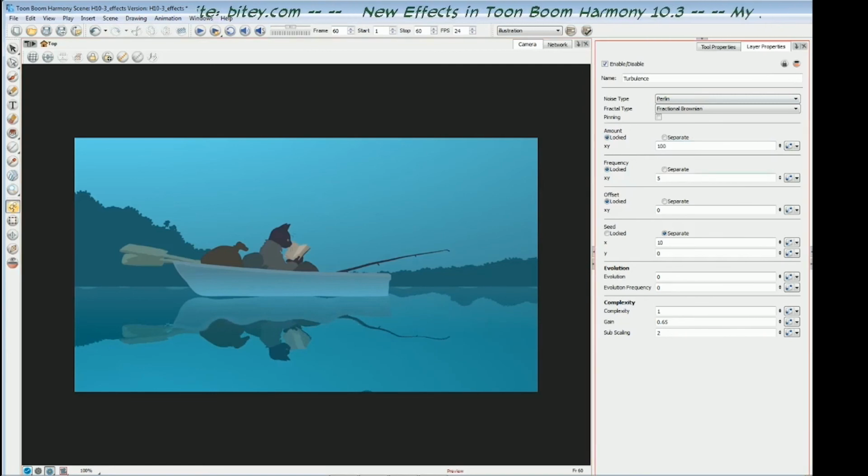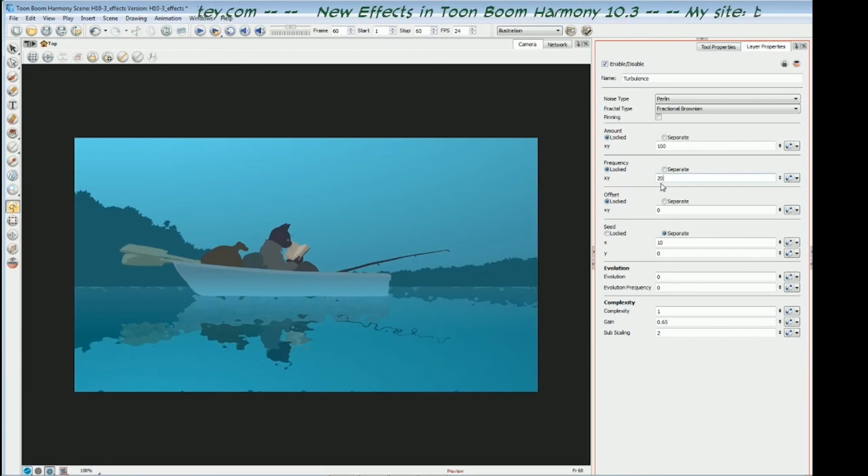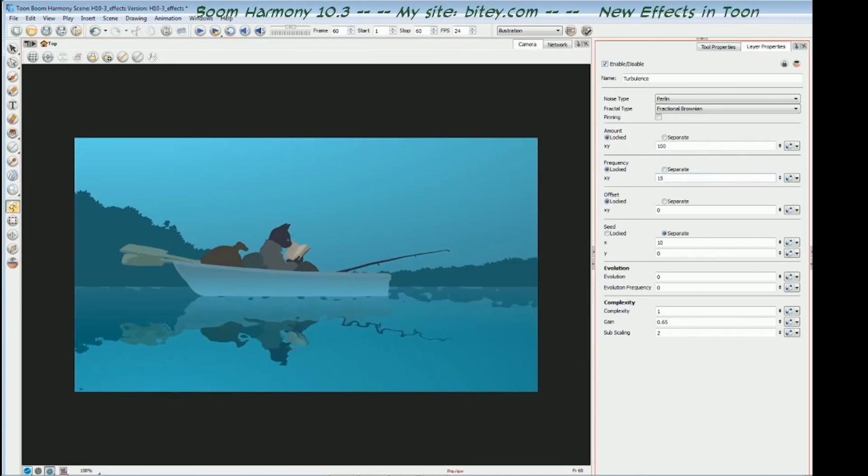So with the frequency at 5, let's try a different value. I'll put the frequency on 50, and now we've got something that's really gritty and kind of granular. And I think that's a bit too gritty and granular. So I'll go back to about 20 maybe. That's starting to look a bit better, but it's still not very cartoony. It looks very composite-y. So I'll try a 10, and that's looking a bit better, but it's not quite as crunchy as I'd like. So I'll put it on 15. And there we go. So 15 looks like it's got the amount of wobble that I want,